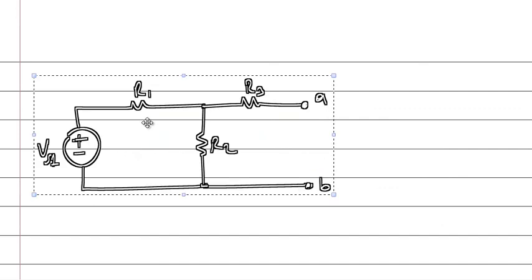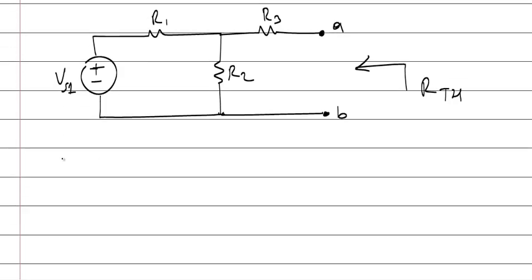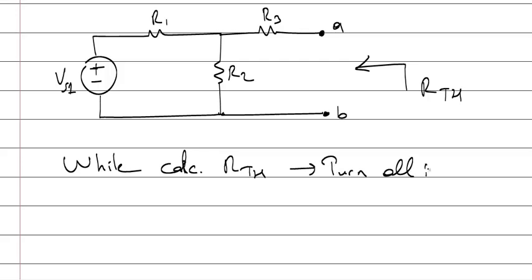Similarly, I have to calculate the Thevenin resistance. What's the resistance of the circuit? While calculating the Thevenin resistance, turn all independent sources off. Okay. So if you turn the sources off,